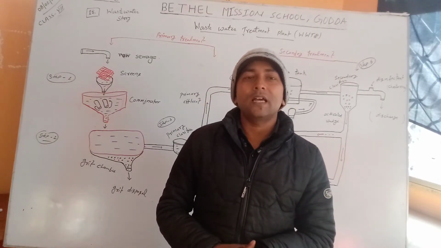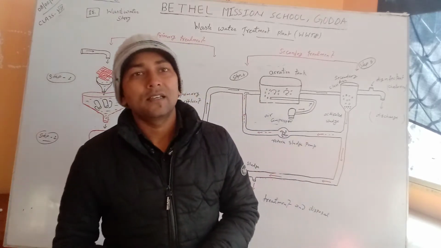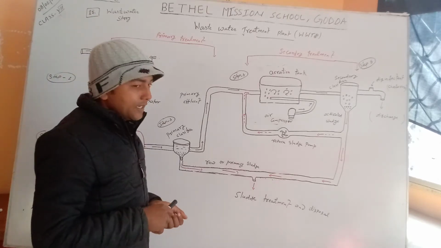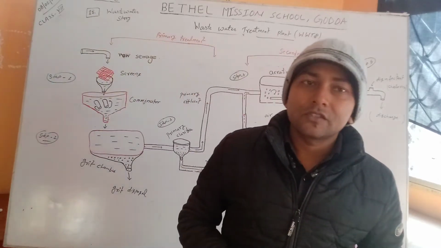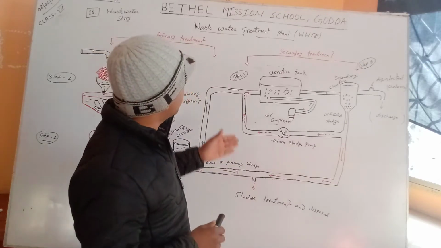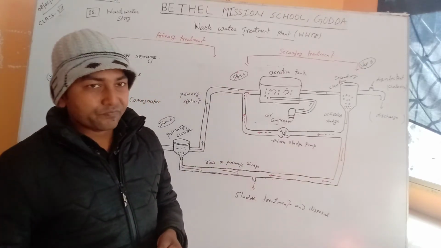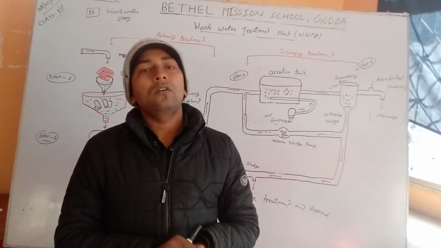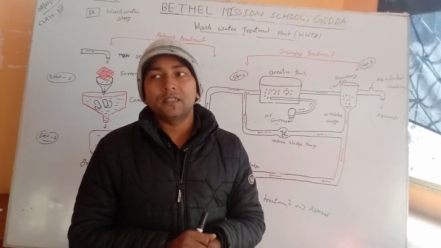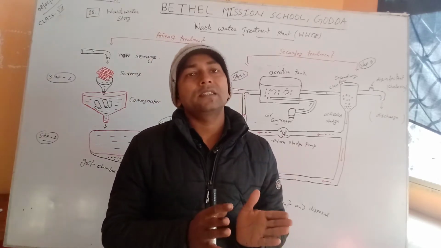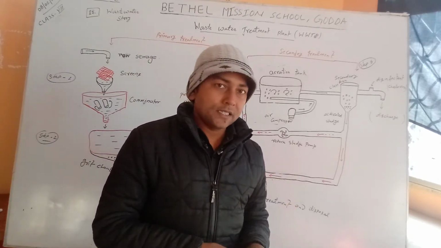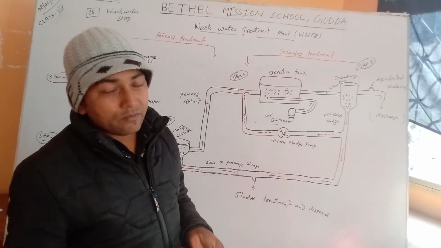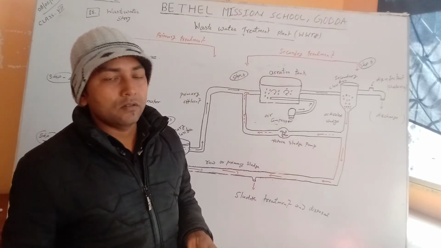In this session today, I am going to teach you chemistry of class 7. Here, chapter 18, the wastewater story, and today I am going to teach you the wastewater treatment plant, WWTP. Here, we will learn how the wastewater is treated in a plant, and then after it is discharged in a river or seas or under the ground.